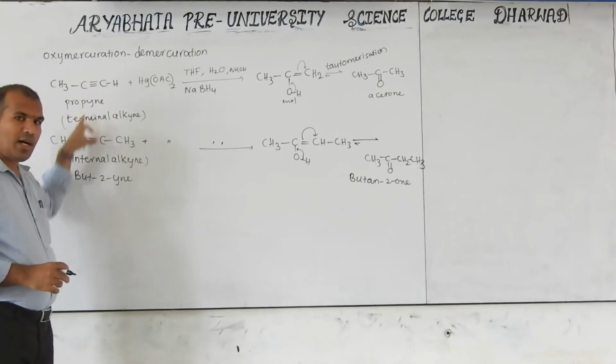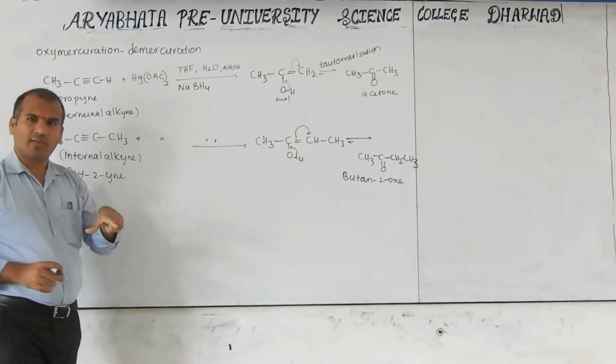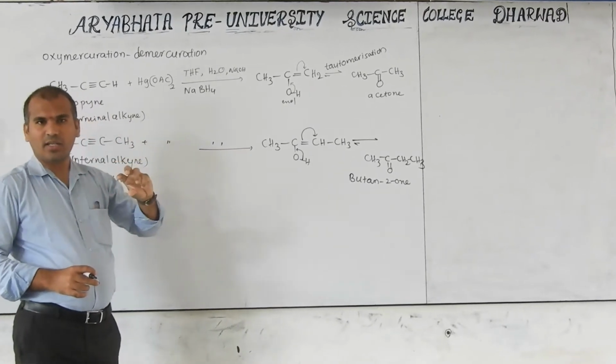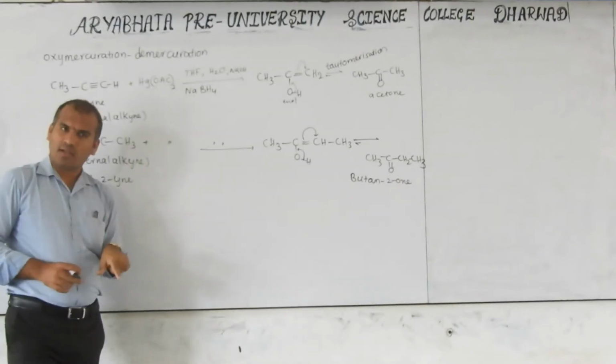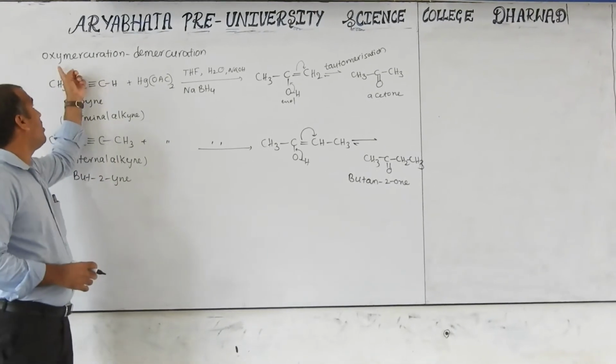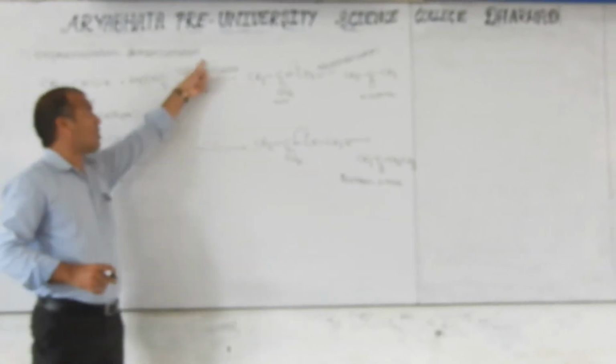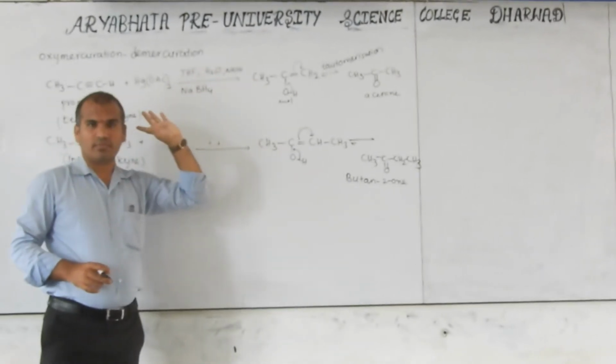If these are alkyne, we learned already in the alcohol chapter, they form alcohol. Alkene, hydroboration oxidation converts to alcohol. Alkene, oxymercuration-demercuration also converts into alcohol, depending upon the solvent which we are using.